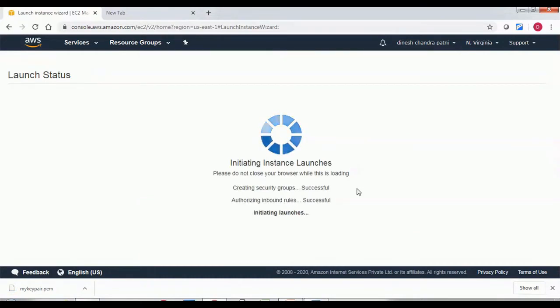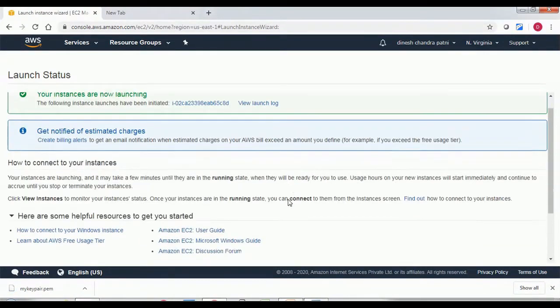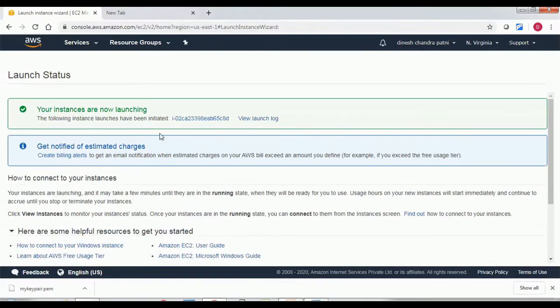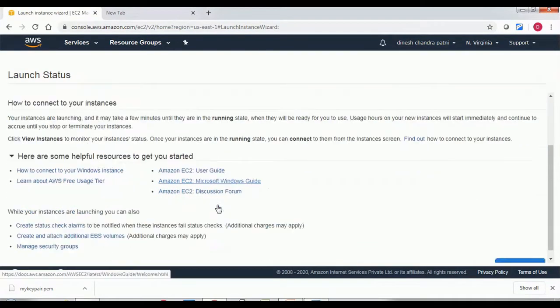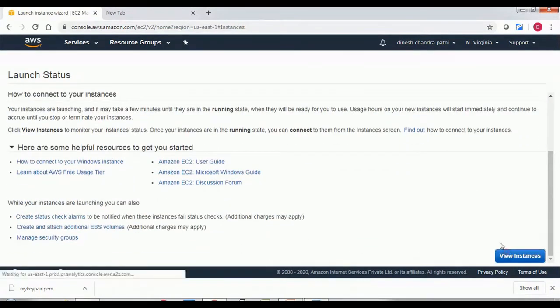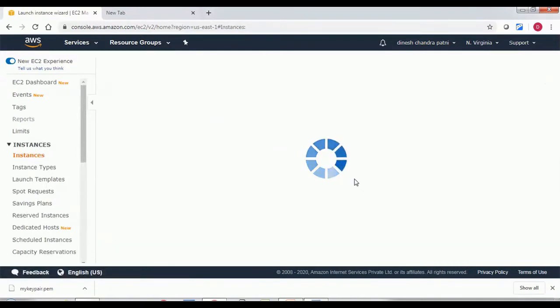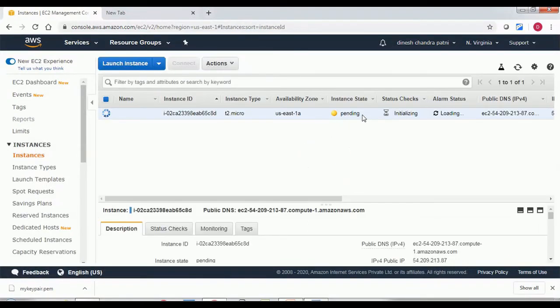As soon as you click on Launch Instance, it prepares for launching. Click View Instance and you can see your instance. Here you can see it is showing pending. Within 2 to 3 minutes it will be ready for use, in running condition.